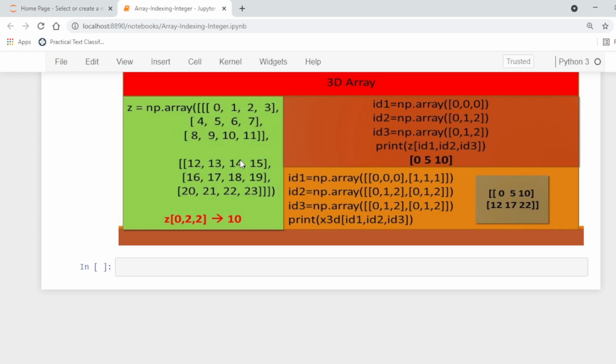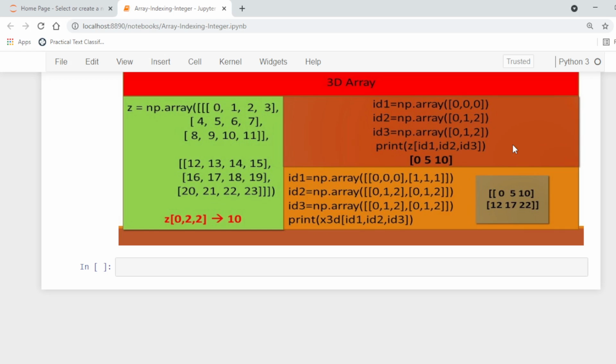The first subscript specifies the block, the second the row, and the third subscript specifies the column in the array. So here we are creating a different array for every subscript: ID1 0 0, ID2 0 1 0, ID3 0 1 2. Then we are using these three arrays as subscripts for the Z array. So it will return 0, 5 and 10.